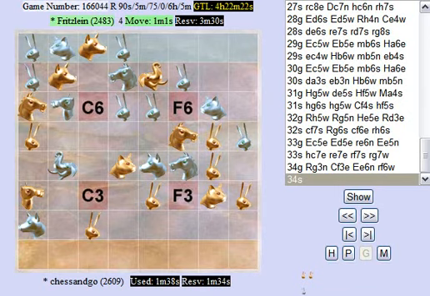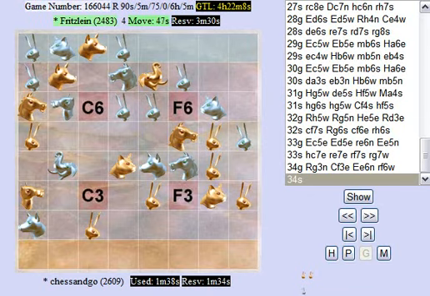Chessandgo is just going for it here. He's going to try and eventually freeze the cat at g7, and then use a couple steps to get rabbits up to g6 and g5. That would be a very, very powerful threat. Fritzlein has to really...